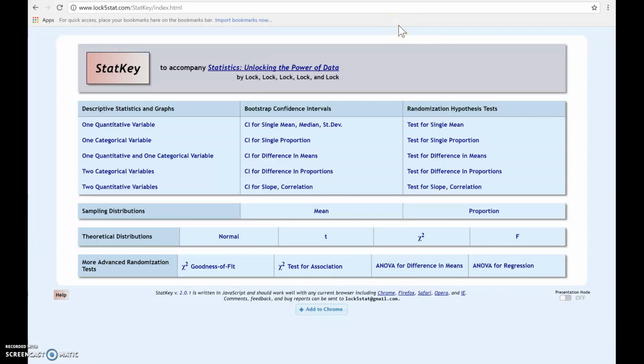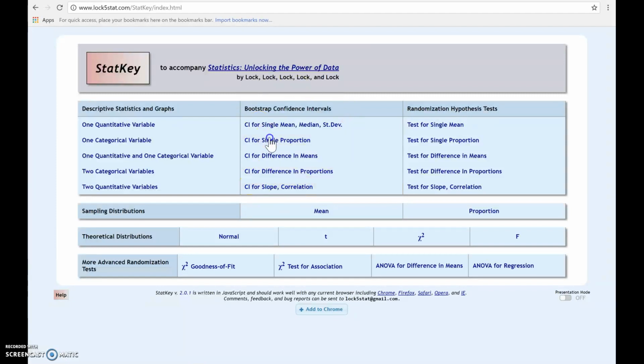In this video, we're going to look at how to utilize a Bootstrap distribution to create a confidence interval. This is going to come from section 3.2 in your book. Notice this header right here says Bootstrap confidence intervals. So if you're going to create a confidence interval from a Bootstrap distribution, you are in this section right here